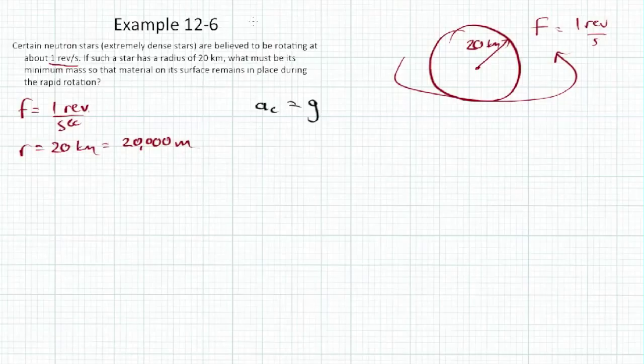So the centripetal acceleration of the neutron star has to be equal to the gravitational acceleration of the neutron star. That's what we're saying right here. So the centripetal acceleration, and I'll just stay with black here. Okay, the centripetal acceleration of the neutron star